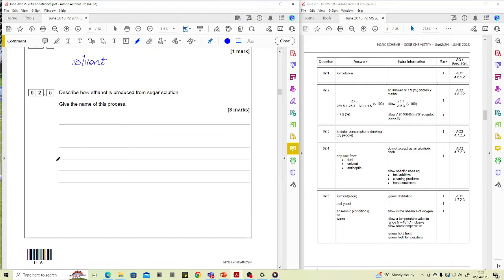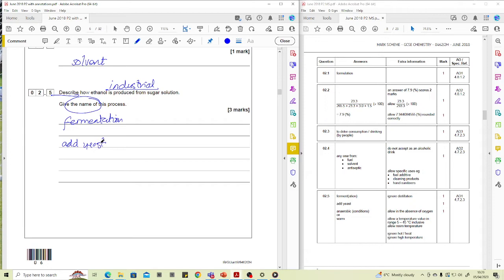Describe how ethanol is produced from sugar solution and give the name of the process. Okay, so first of all, it is fermentation. And we have to describe it. So we have industrial process, so we're not talking about the lab here, so you don't need to talk about conical flasks or anything. So you add yeast